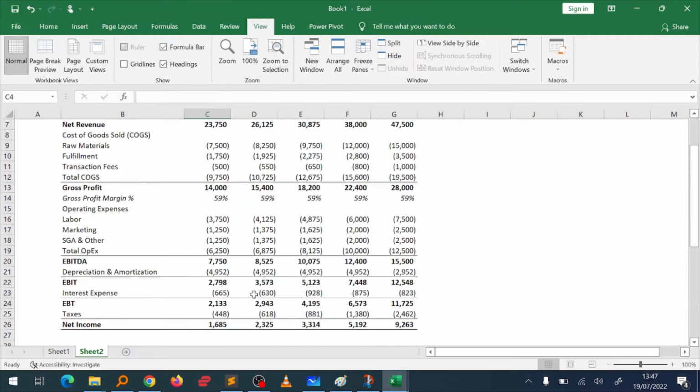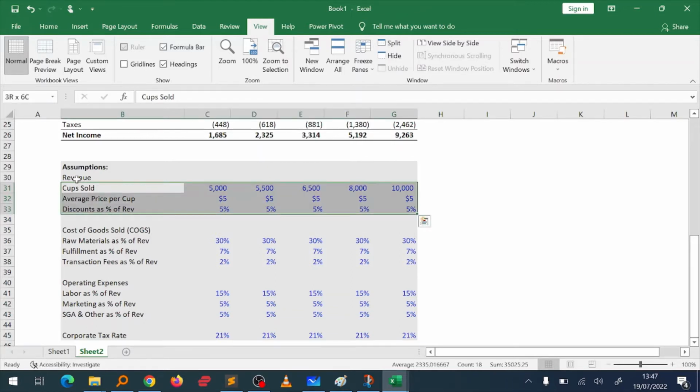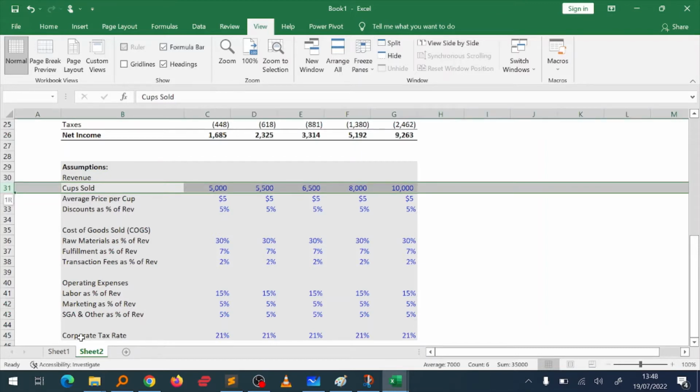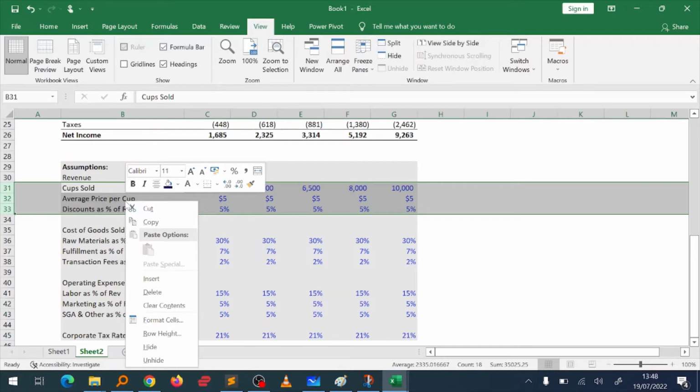But we don't want people to always see this, because it's a little bit daunting. We'd like these values to be hidden, so that if we hide this, it just remains revenue, then costs, operation expenses, and it looks a little bit better. So how to do that? We'll just go to this first one, press Shift Space, select that whole row, go downwards, and select all three rows. What you can do is right click here and hide this,